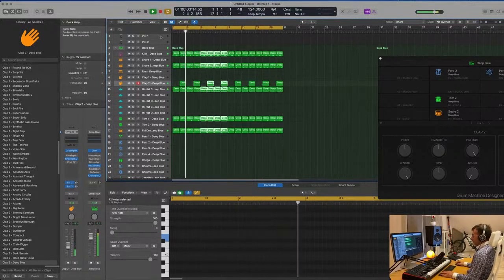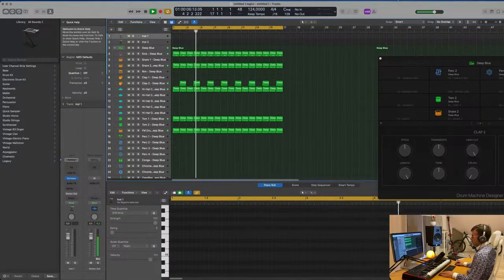I'm gonna go into, of course, my favorite synth, which is Alchemy, of course, because I'm a Logic Pro fan,